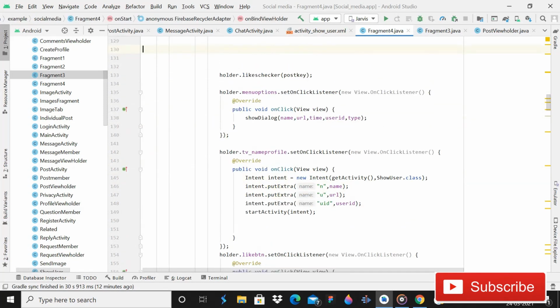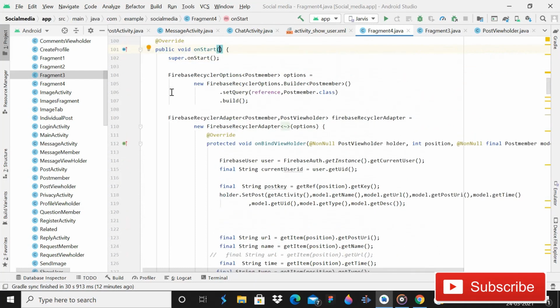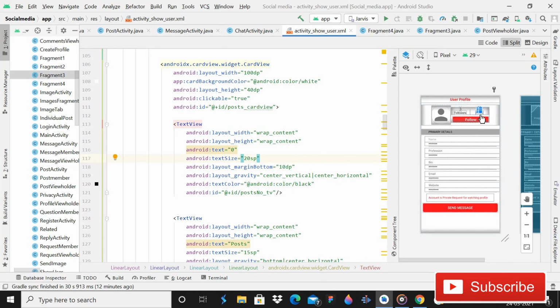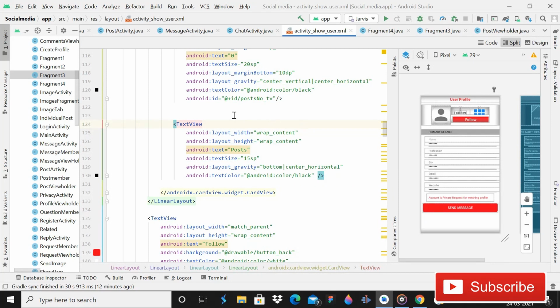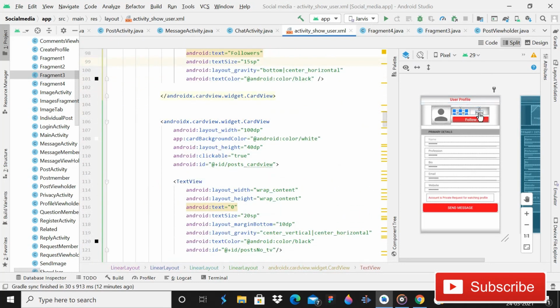So guys, these are some cool changes, and you can say main features of a social media app that I'm showing you in this tutorial. And after this, guys, I will also implement set on click listener on this post. So when the user clicks on this post, they will be able to see the posts of that user. But I think this tutorial is long, so for now it's enough, and in the next tutorial I will show you how we can do that. So when you click on this post tv, you will be able to see the images, videos, and other stuff. So for this video, that's enough.